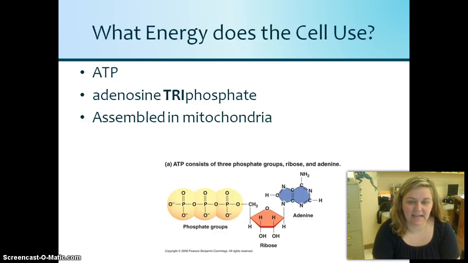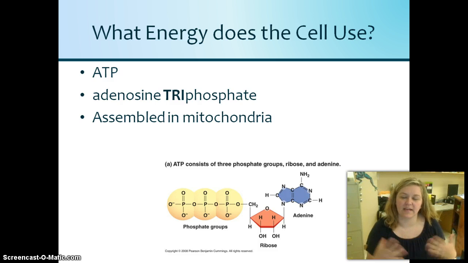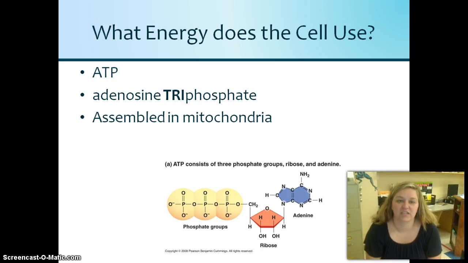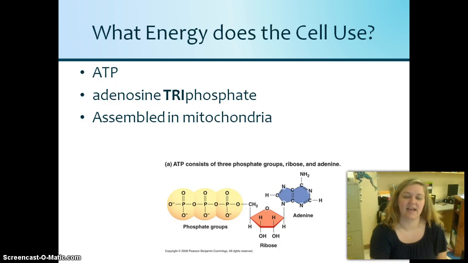Alright guys, today we're going to take all that energy that we get from carbohydrates and take it one step further. We're going to talk about what the body and the cells do to actually use that energy. The energy that the cell uses is ATP. It's called adenosine triphosphate, so we just call it ATP because that's a lot easier to say, and it's made